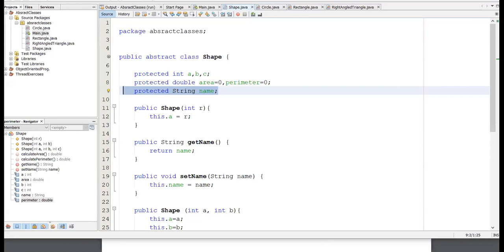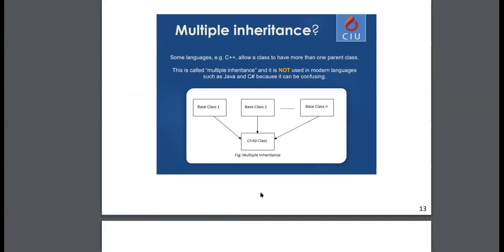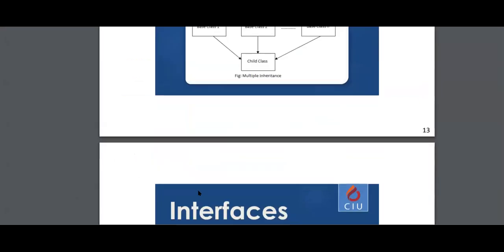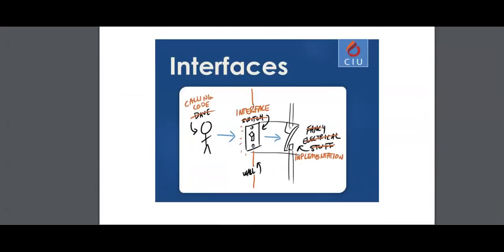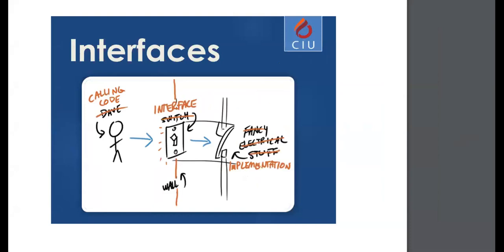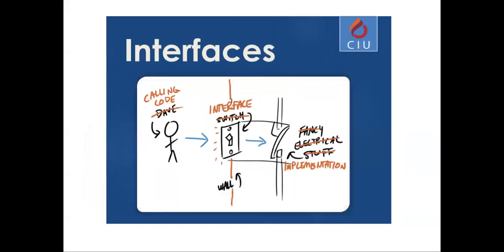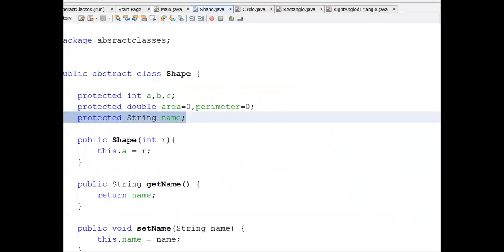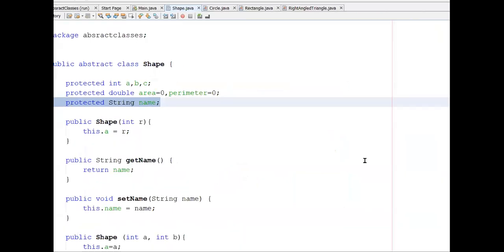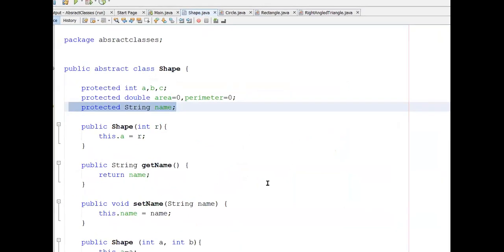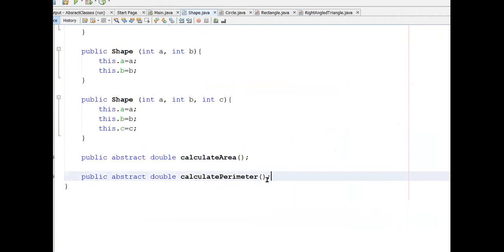It will be overcomplicated. This is why many languages, instead of supporting multiple inheritance, support what we call interfaces. An interface is an abstract class where all the methods inside are abstract. So an abstract class is something that you already know now. It means that it has a constructor, as you can see, it can have variables,